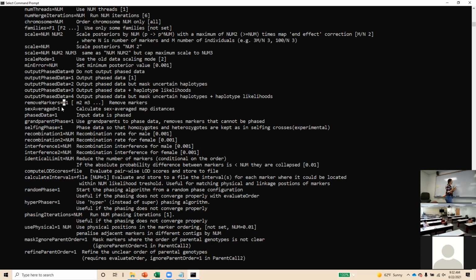when we do a non-sex average map, like a maternal and a paternal map, the maternal and paternal maps might actually look like this, and this, and that looks a lot different than that. If we got rid of these, we would be getting rid of all of the informative markers. And so the maternal and paternal maps, if we did this, would then look like this, and this. So there wouldn't be any informative markers,